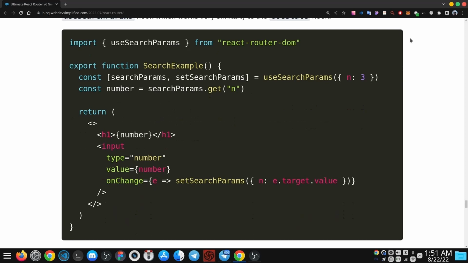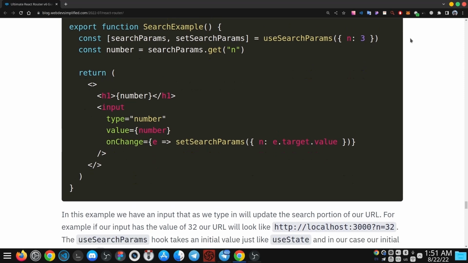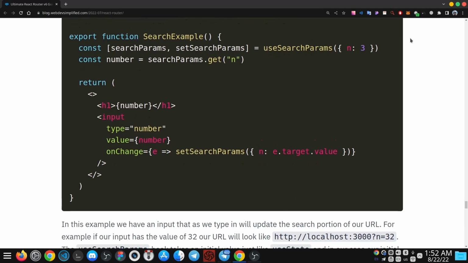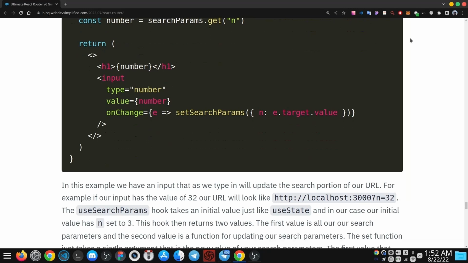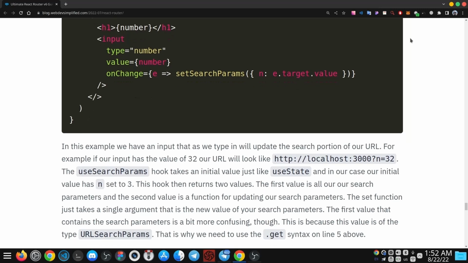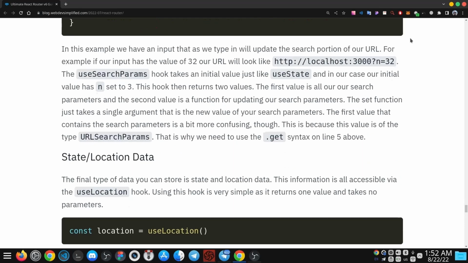Import useSearchParams from react-router-dom. export function SearchExample, const [searchParams, setSearchParams] = useSearchParams({ n: 3 }), const number = searchParams.get("n"), return a div with an input type equals number, value equals number, onChange equals event arrow function setSearchParams({ n: e.target.value }). In this example, we have an input that has the type number and will update the search portion of our